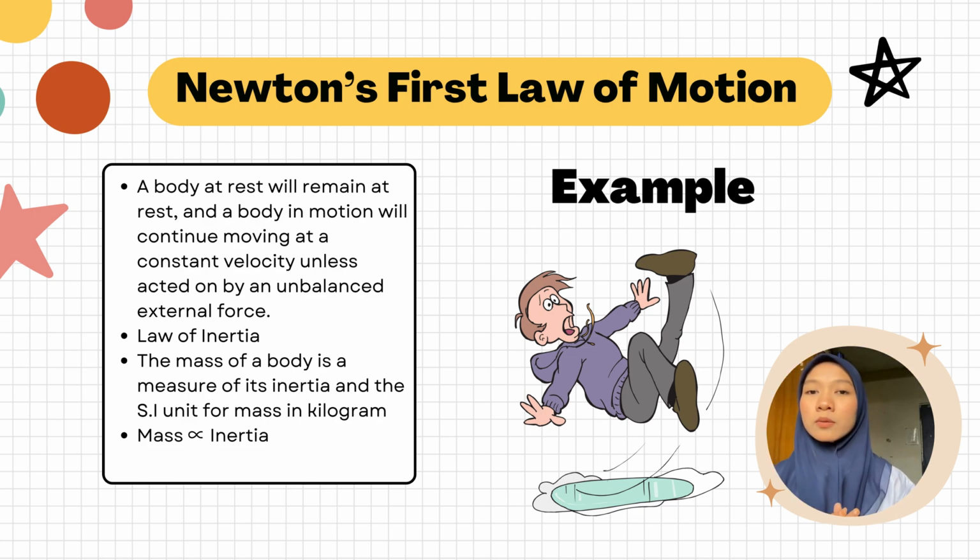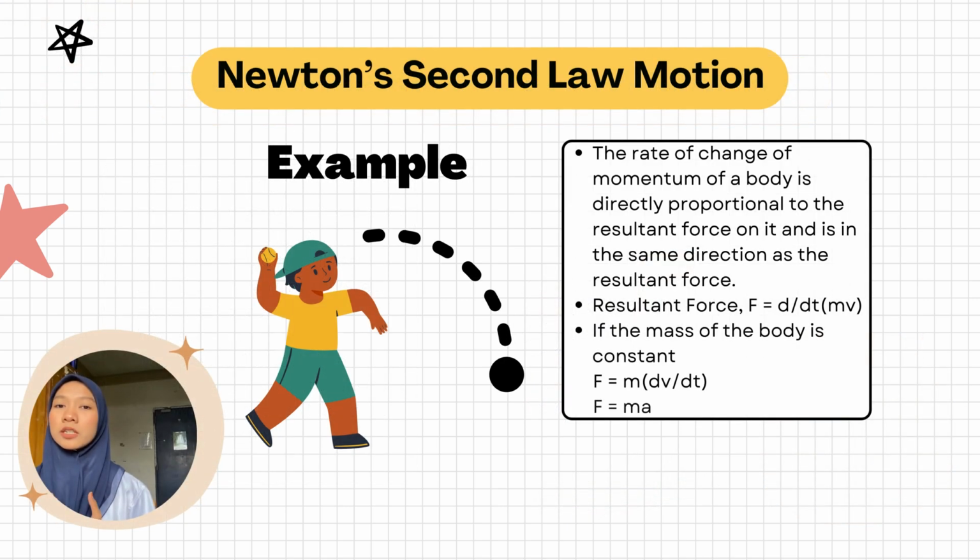For example, walking on a slippery surface such as ice can lead to loss of traction. If you suddenly stop on ice, your body's inertia will continue to carry you forward, causing you to slip and fall. The second law of motion can be stated as: the rate of change of momentum of a body is